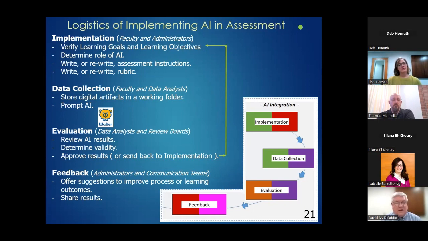In reviewing the AI results, determining validity of the results. So in the gen ed communication files, our first run through, we had very interesting results that we knew were not correct. On a scale of 1 to 4, every single student scored exactly a 3. So we're all looking, what the heck happened?